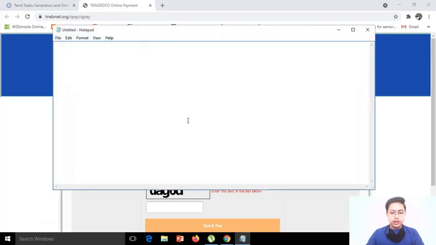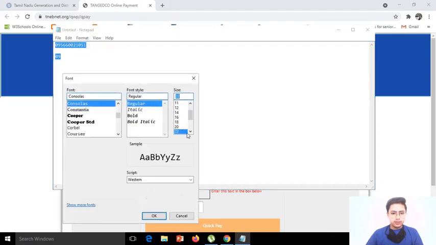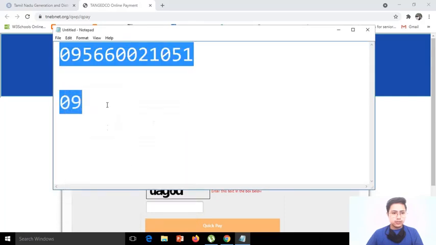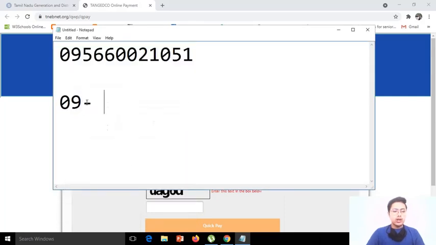In your consumer number, you can see it is made up of several parts. Here 09 is your